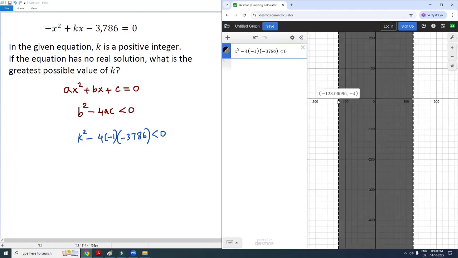Okay, here let's consider the two x-intercepts. In Desmos, this is a minimum value for x and this is a maximum value for x, and here we have a dotted line, here also we have a dotted line. That means these two values cannot be included. That is, x in this inequality can take any value between this one and this one. Actually, we have taken x instead of k, so that means k can take any value between this one and this one. So k is less than this positive value. Let me write it over here. k is less than